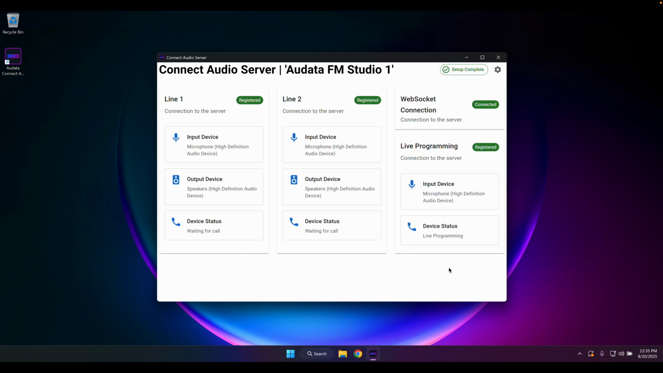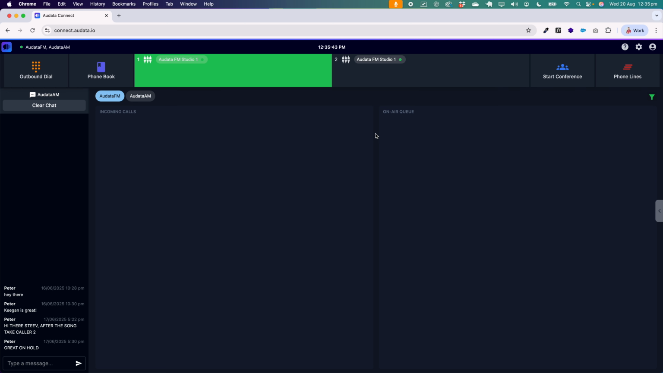Here on the audio server, as you can see, the device status has changed from standing by to live programming, which means that there is one or more callers on hold at the moment, and this audio server is providing the audio from this input here to those callers as music on hold. So that is